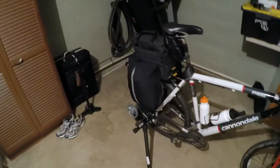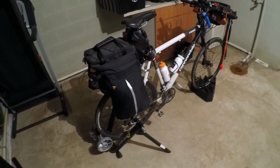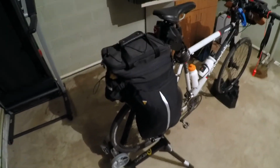on the car. And once we get back tomorrow and get cleaned up, I'll probably do a layout of all the equipment that was on here. Right now I've already discovered this Topeak trunk bag with these panniers is not quite big enough for an extended 5-day trip. I need to get